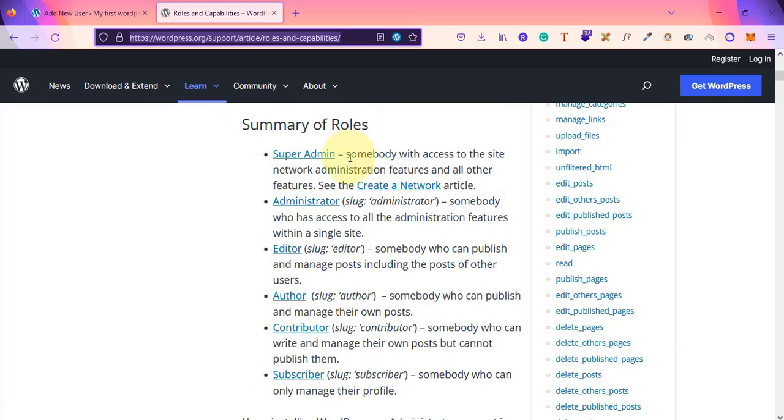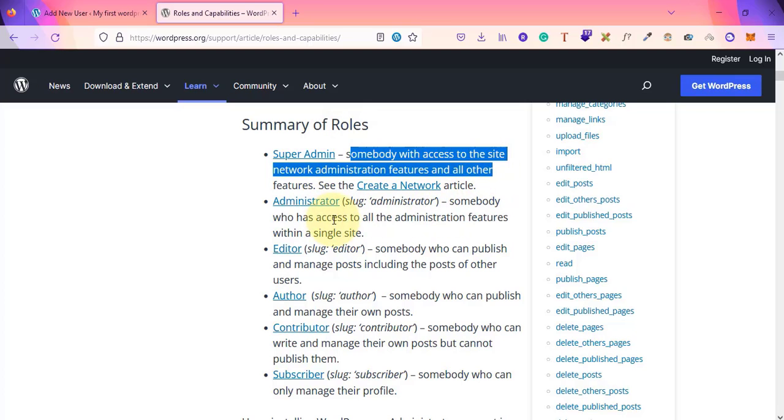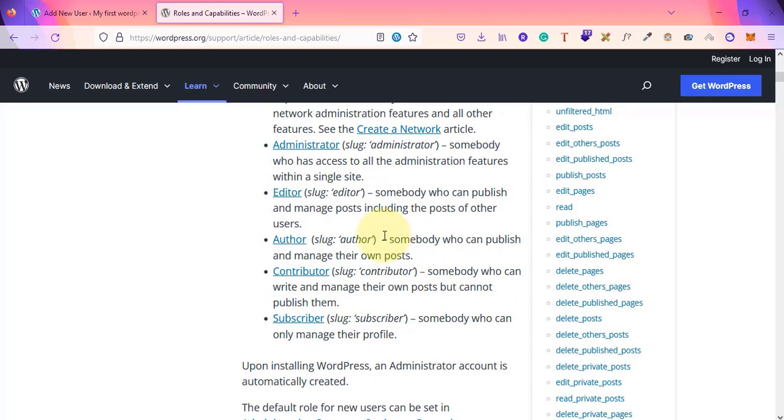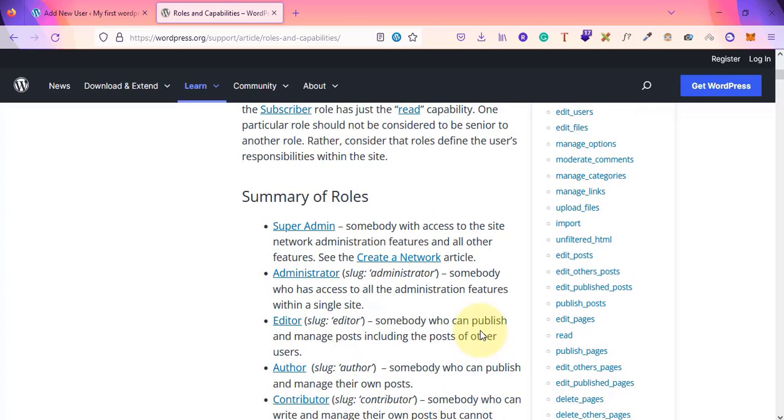Summary of these roles: super admin is someone who gets all the access, administrator gets all the access to that one particular single site, editor gets access to publish and manage posts of other users as well, in a sense the complete site, and authors get access to publish and manage their own posts, contributors can write and manage their own posts but cannot publish them, and subscribers, obviously, cannot manage anything, they can just manage their profile, in the sense profile image, very basic stuff like changing their email address or password, and that's it, nothing much. So this is the basic summary,